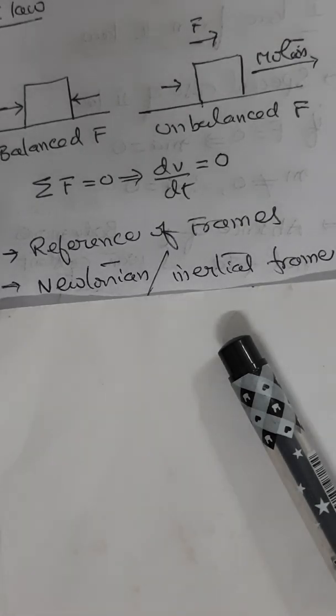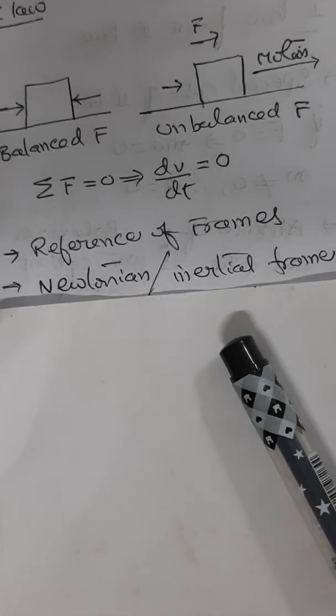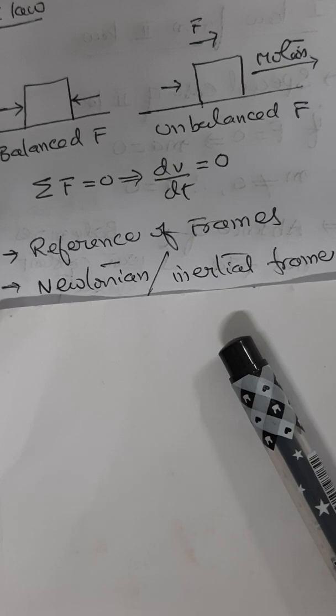And Newton placed this first law of motion to establish something called frames of reference for which the other laws are applicable. The first law of motion postulates the existence of at least one frame of reference, called the Newtonian frame or inertial frame of reference, relative to which the motion of a particle not subject to forces is a straight line at a constant speed.